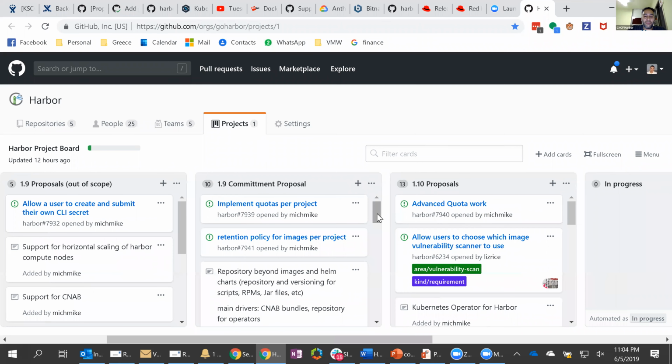So I'm going to go through the swim lane called 1.9 commitment proposal. The reason why it's still a proposal is because we're adding t-shirt cost sizing for each item. And then based on that, we'll figure out how many of them we can realistically tackle in the 1.9 timeframe.